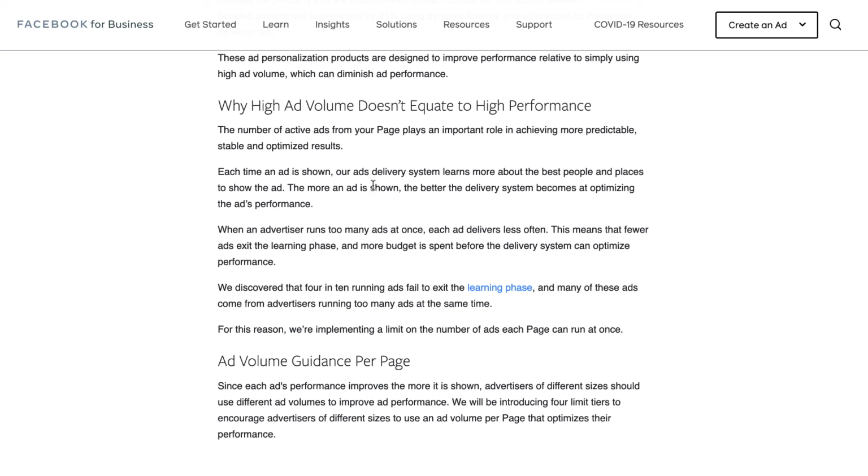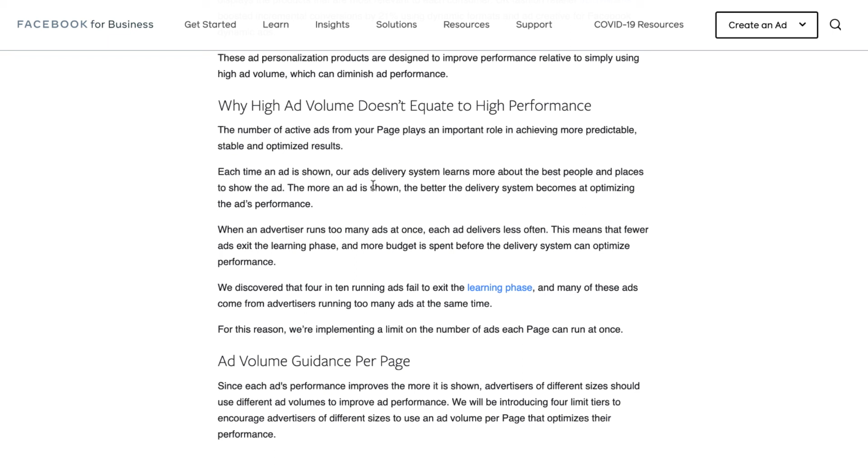So I think Facebook is already starting to implement this right now. And if you start testing fewer ads right now, but focus on higher quality ads, and you spend more of your budget on the few ads that are likely to work well, then you're going to be getting overall better results. And something else that I've also tested that has been working a lot better than it used to,